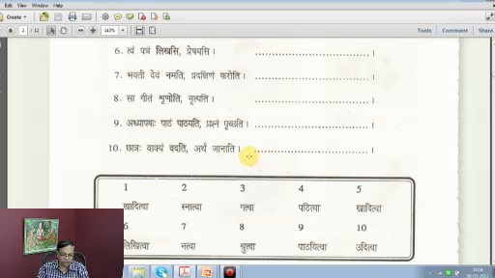10th and the last one here in this page. Chhatraha Vakyam Vadati Artham Janati. Chhatraha Vakyam Patati. A student reads a sentence and understands the meaning. This is the meaning part of the sentence. A student reads a sentence and understands the meaning. Artham Janati. Vadati. Vakyam Vadati. Reads. So Chhatraha Vakyam Uditva. Having uttered, having read out a sentence. Chhatraha Vakyam Uditva Artham Janati. That part, the second part remains the same.